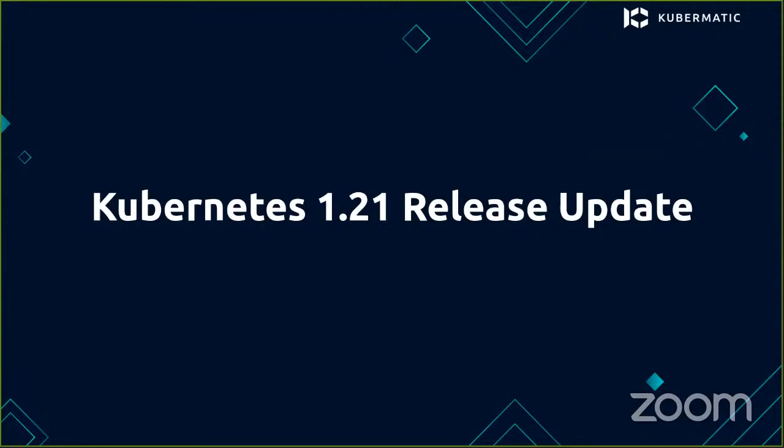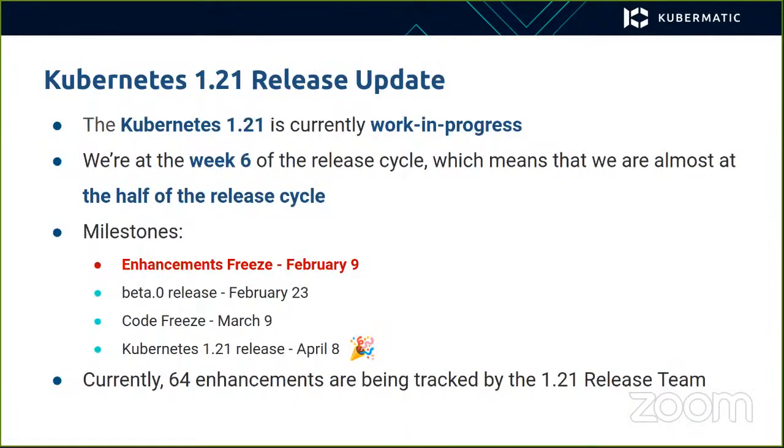And the next topic is Kubernetes 1.21 release update. The Kubernetes 1.21 release is currently work in progress, and right now we are at week 6 of the release cycle. There are 14 weeks in total, so this means that we are at about the half of the release cycle. Some of the milestones, or how we are standing, is that we had enhancements freeze February 9th, so